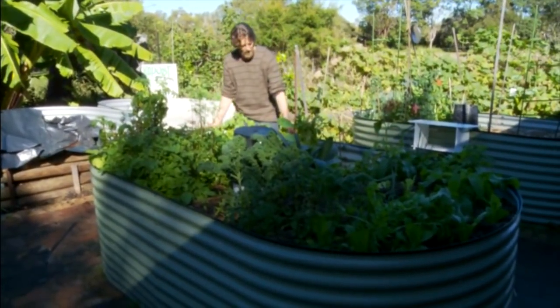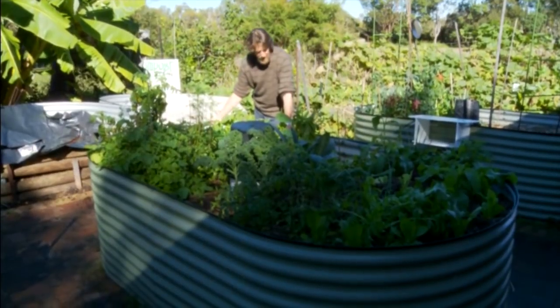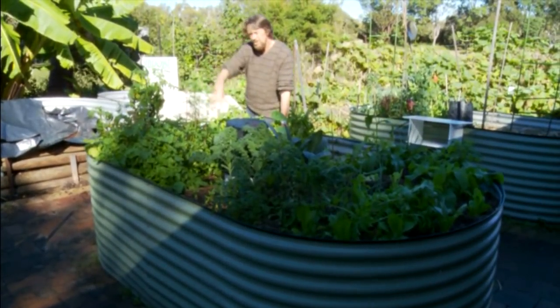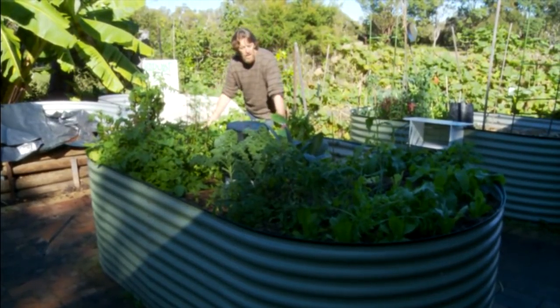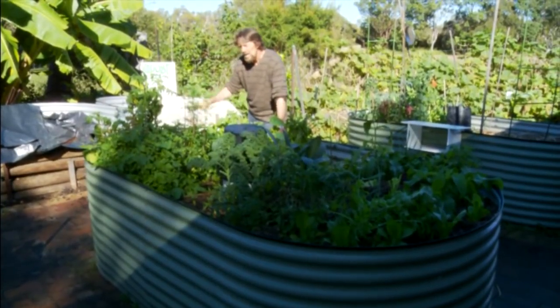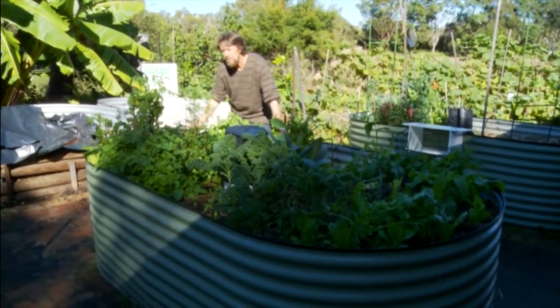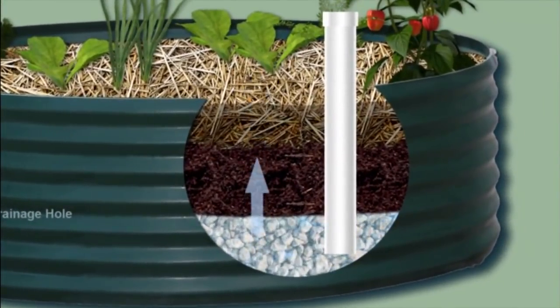Here we have a raised garden made out of roofing iron, and these can operate in two ways. This can be an open bed to the ground as a raised tank garden, easy access, but it can also be a sealed tank with a water tank at the bottom. So the bottom of the garden is full of water with a screen in between the water and the soil,